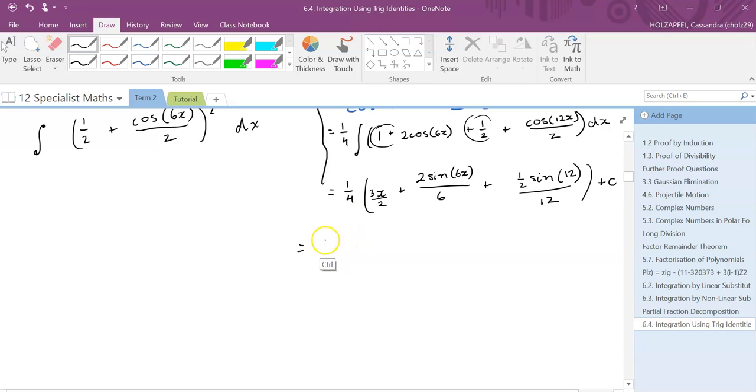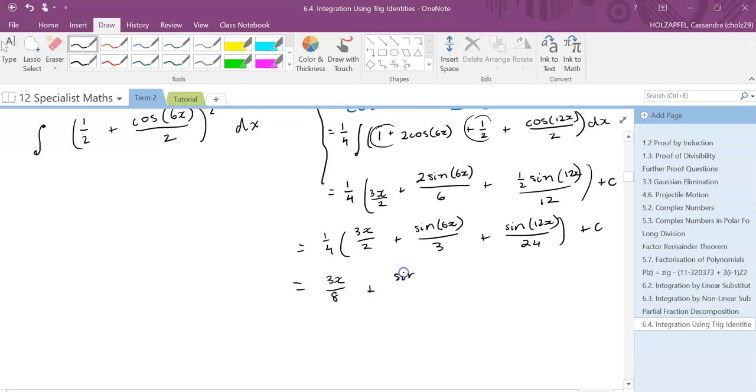So I'm not going to bother popping through that quarter just yet. So 3x over 2 plus 1/3 sine 6x plus 1/24 sine 12x plus c. Now I'll apply this 1/4 and I'll distribute that across the bracket. So that's going to give me 3x over 8 plus sine of 6x over 12 plus sine of 12x over